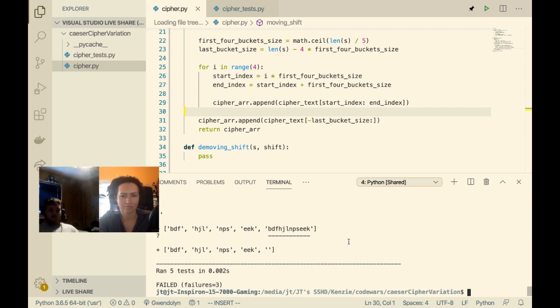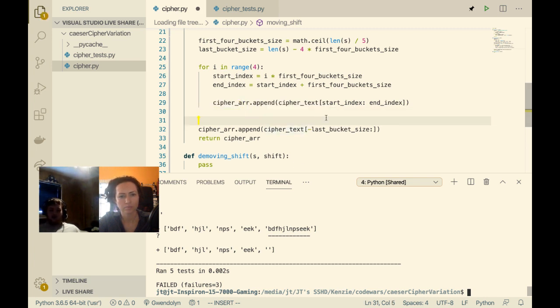Okay, so if that is. Oh, we could probably just check if last bucket size is 0, and if it is, we just append an empty string, right? Because every other case it should work. Okay. Right, because if it's not 0, then it'll be like -1 to the end, so that'll only grab the last character, or -2, so on and so forth, right? But if it's 0, I see it's getting the whole string. Yeah. So we do need a special case.